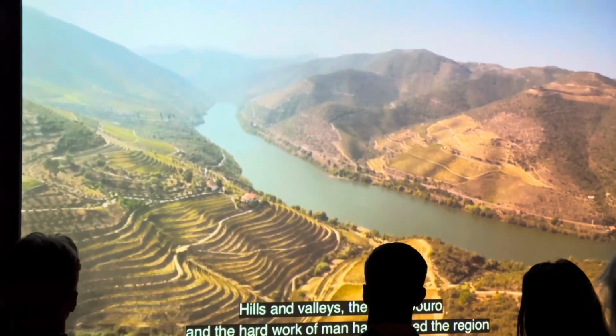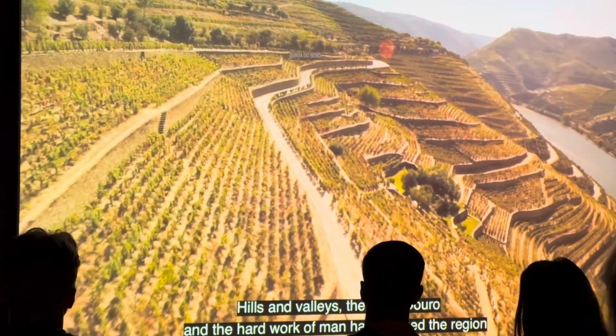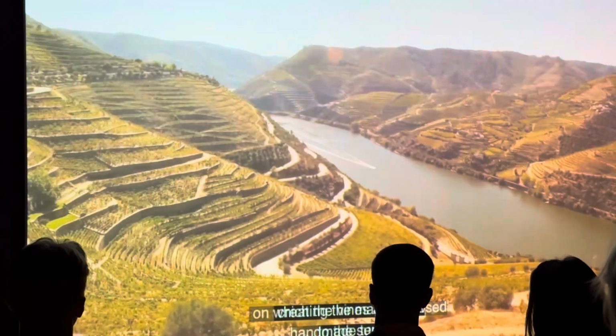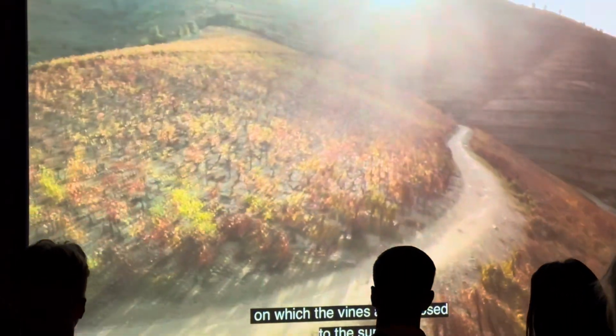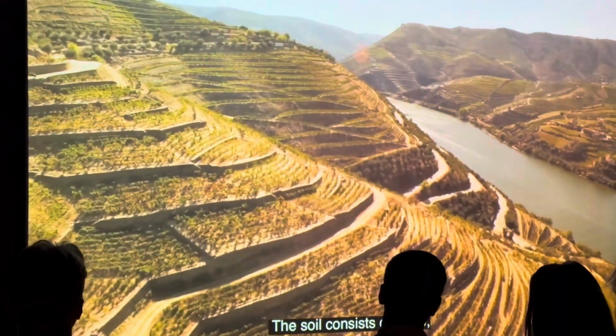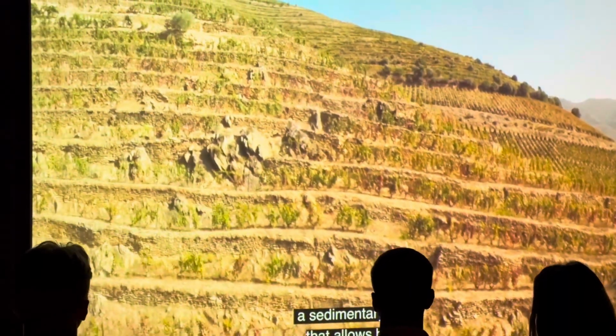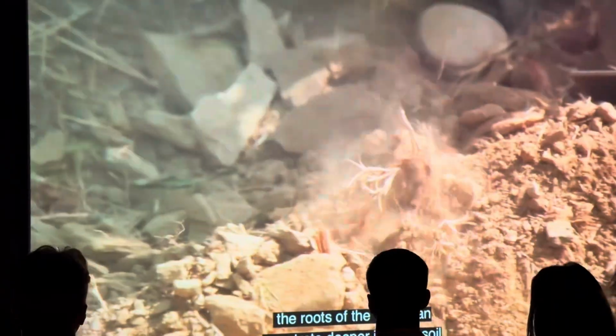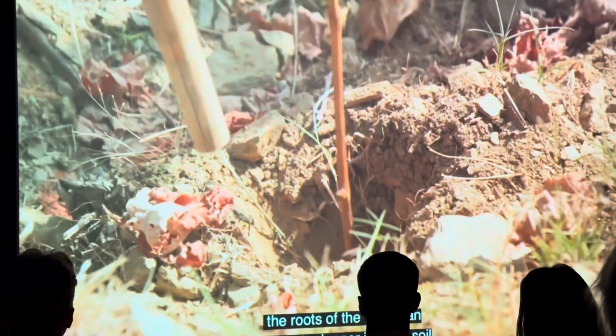Hills and valleys, the River Douro and the hard work of man have formed the region, creating magnificent handmade terraces on which the vines are exposed to the sun. The soil consists of shale, a sedimentary rock that allows both infiltration and retention of water. As the layers of shale are vertical, the roots of the vines can penetrate deeper into the soil in search